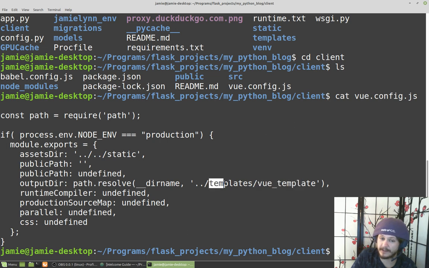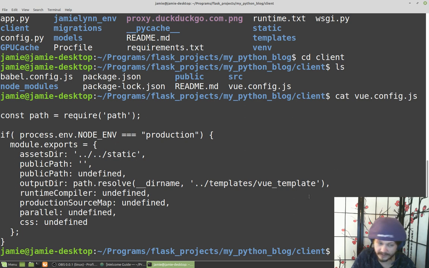It's inside of templates for your Flask application. So we have this going down a directory, and then we're going into the Flask project's templates folder. And then we have another folder called Vue template. And inside of Vue template is where we are putting our index.html, which is the file that Vue CLI will